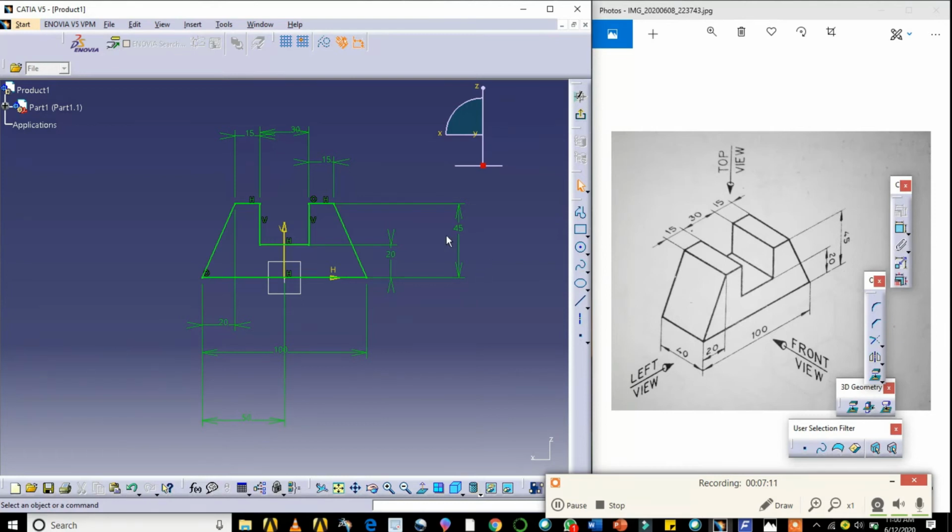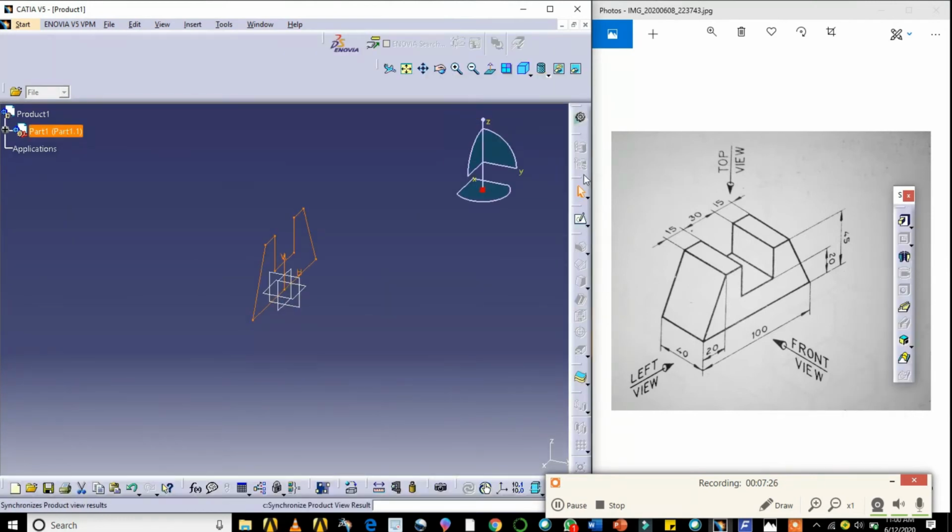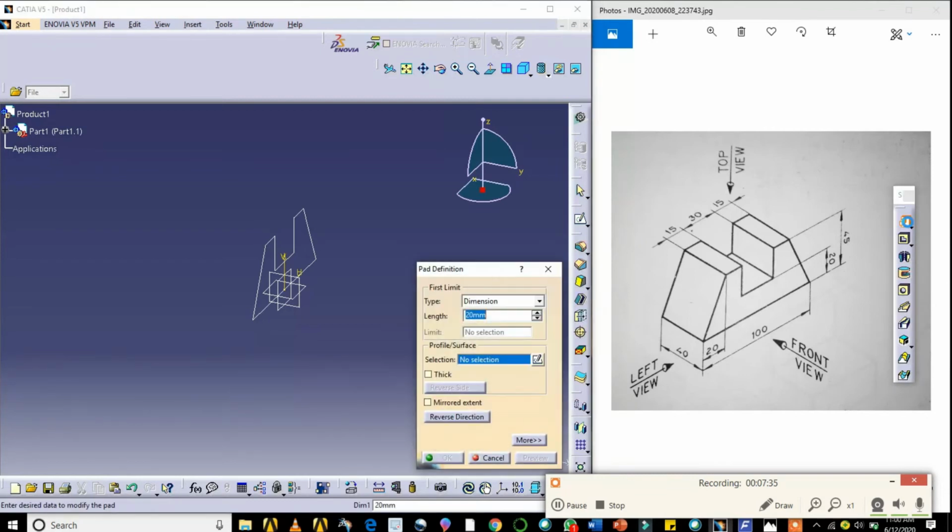Now I need to extrude this part to what thickness? 40 mm here. See the dimension here, it is 40 mm. I need to extrude. So I need to exit from the sketcher workbench. Now the pad command. You give the dimension of 40 mm.